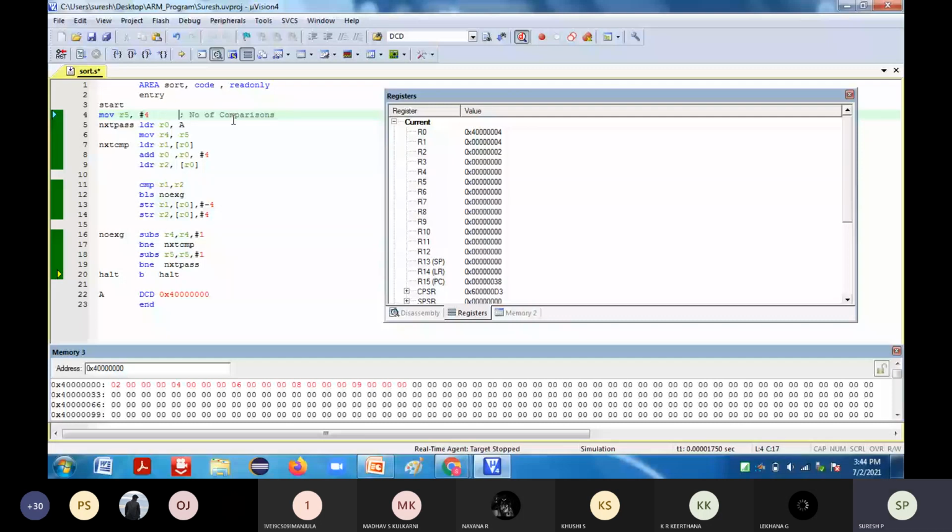Next it is J. It is the inner do-while loop, the inner loop control. Load the first array element. Then point to the next address to fetch the data.